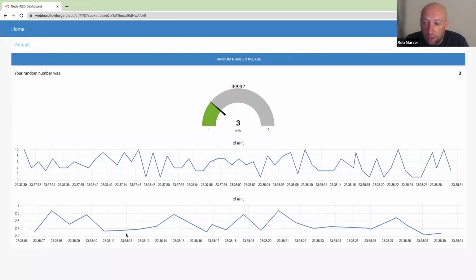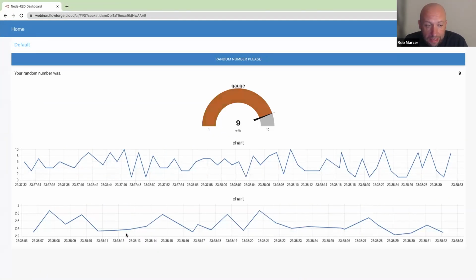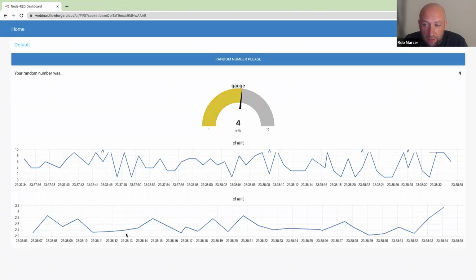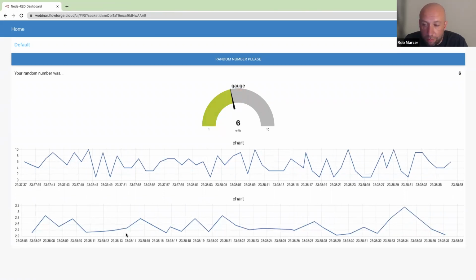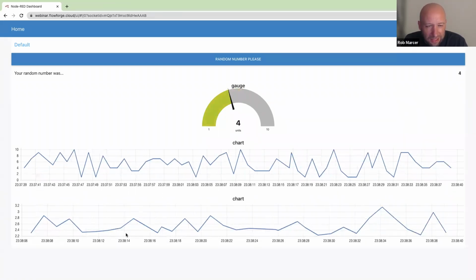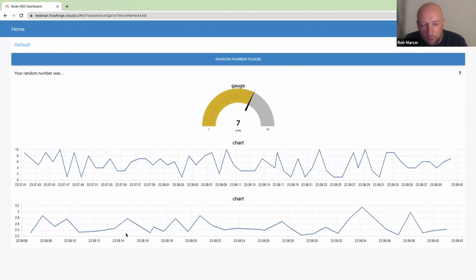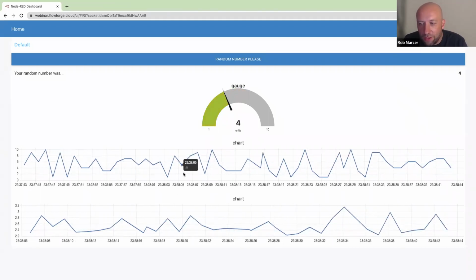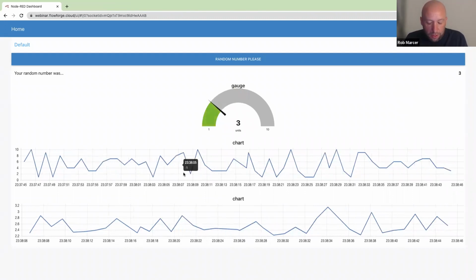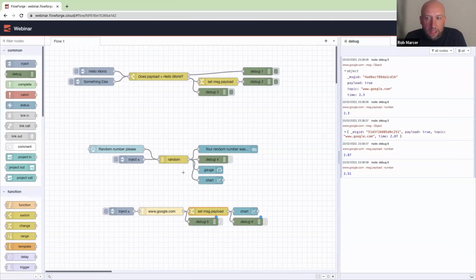So this second chart is now just showing the last minute of how quickly google.com is responding to that ping. And I think it can't be milliseconds. I don't know what that scale is off the top of my head. I apologize. So hopefully that's some really useful examples and things that people can build on to create their first